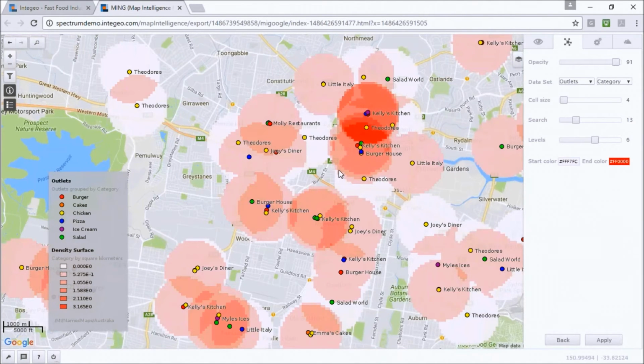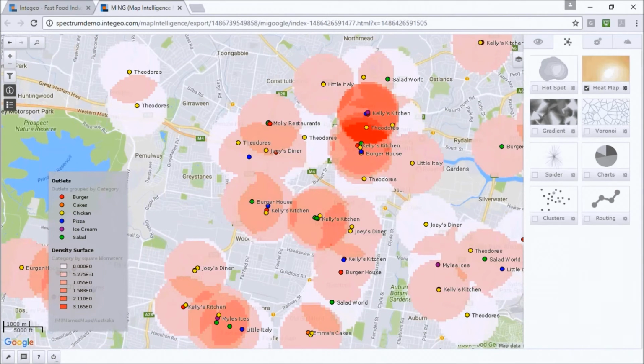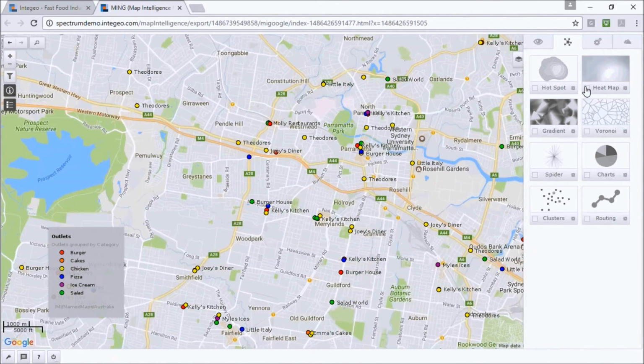As you can see, when we've come in, the color coding for the LGAs is automatically turned off, and we're now showing the individual outlets. At this level, the heat map has done its work already. It's focused in on where the most outlets are, so we can turn the heat map off